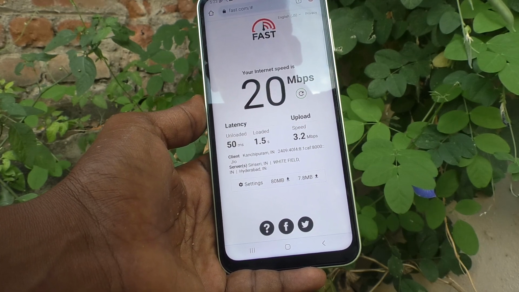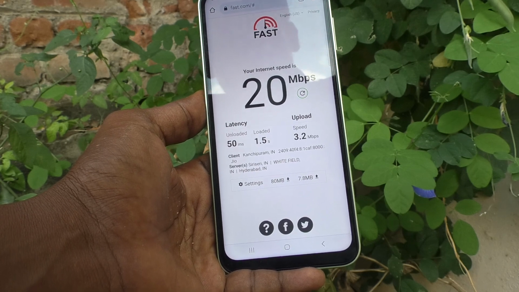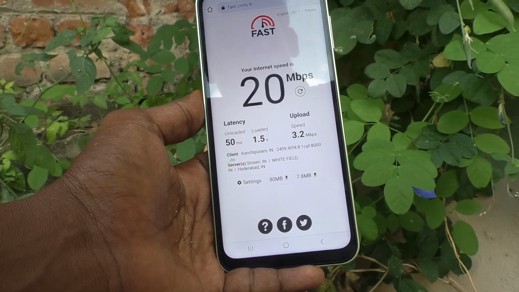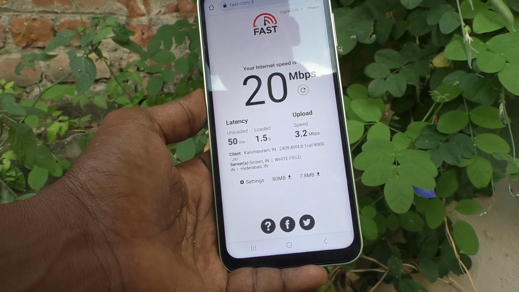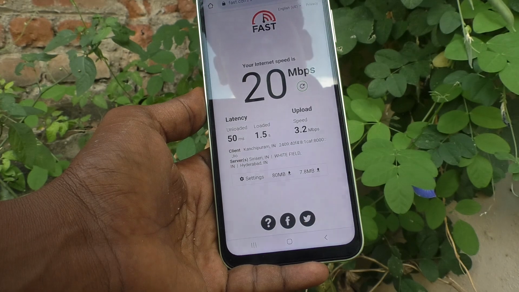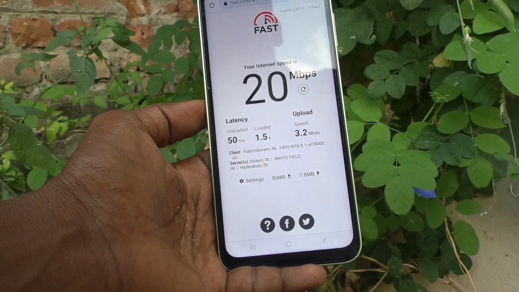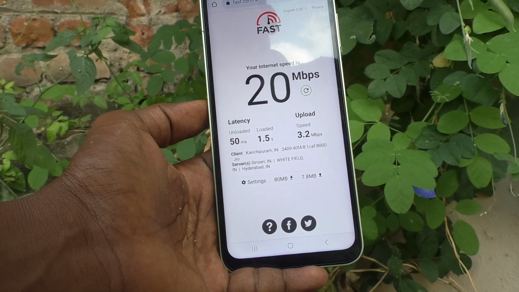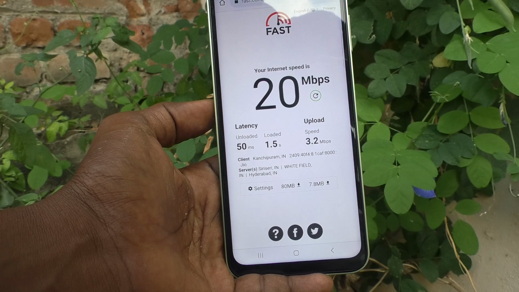Also client information is showing here: Kanjipuram, India, and the address is showing Geo. Network is Geo. Server information is also available. So in this way you can easily check network speed, that is internet speed, in your phone